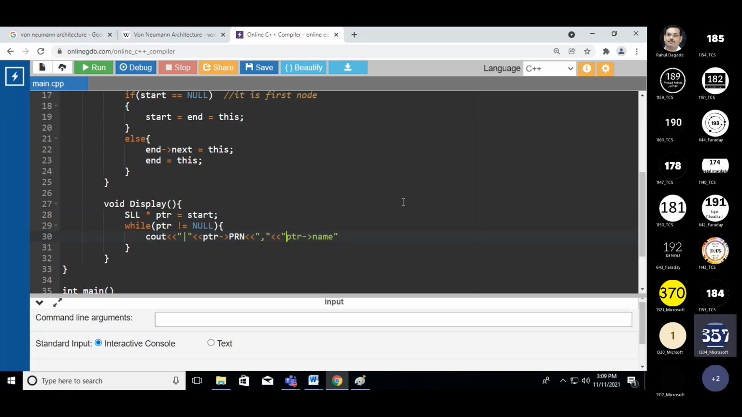Okay, so if it is a pointer variable, then you must use an arrow, and if it is not a pointer variable, if it is a data variable, then you have to use a dot. You all know this class concept, so I need not repeat it. So you got a ptr name, and then finally